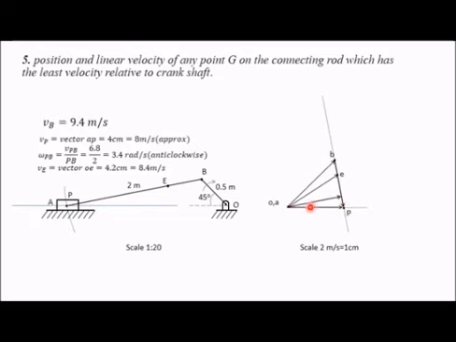So we have drawn a line from O which is perpendicular to BP. So wherever this line is intersecting BP, that point is your G, because OG is the smallest distance of this line BP from O. So this is the minimum velocity that you are getting. So this point G is obtained.